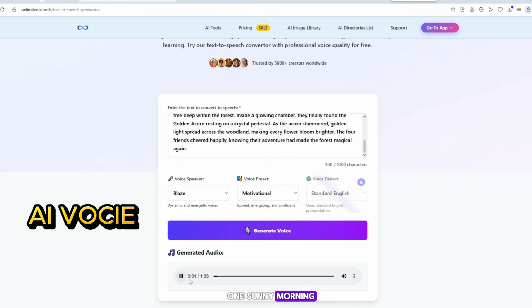One sunny morning, 4 tiny insect adventurers set out on a magical woodland journey. The brave green caterpillar explorer discovered an old acorn map hidden beneath a giant mushroom. Excited by the discovery, he invited his 3 best friends to help find a legendary golden acorn said to bring happiness to the entire